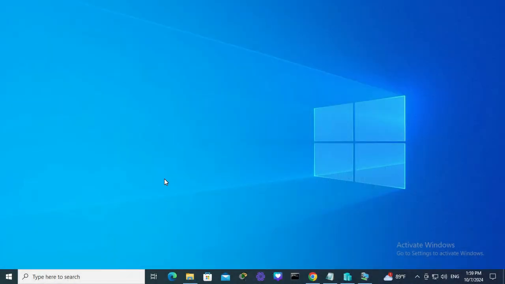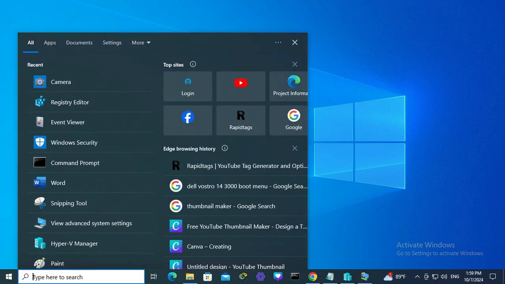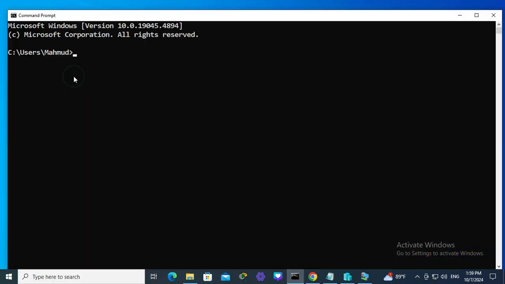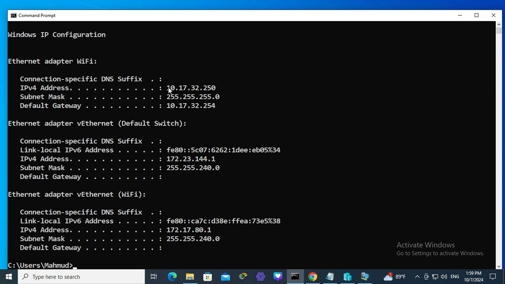First of all, I need to find my IP address. Go to search, type cmd, open command prompt, type ipconfig, hit enter. This is my IP address 10.70.32.250. Okay, now close command prompt,